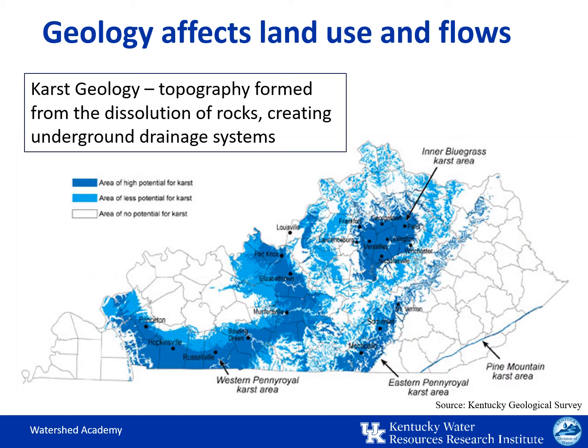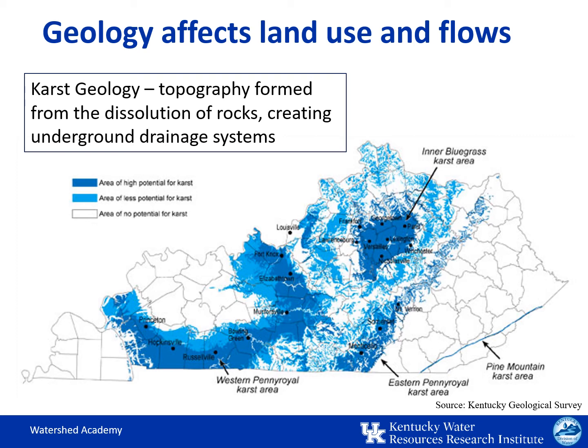The geology of the state of Kentucky can also have a profound effect on water quality and water movement over, under, and through the land surface. The subsurface will affect the chemical characteristics of the water, its drainage patterns, and the groundwater surface water interactions. Karst geology refers to topography formed from the dissolution of rocks by slightly acidic water moving through it. This creates underground drainage systems and can greatly influence groundwater flow paths and the associated travel of pollutants to surface